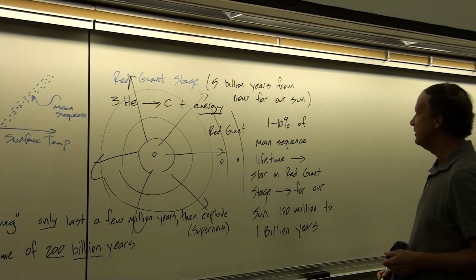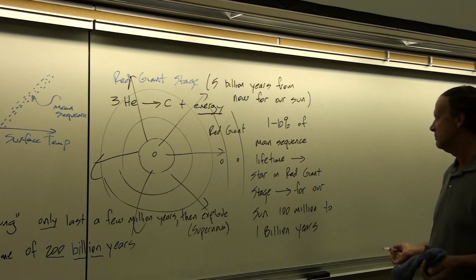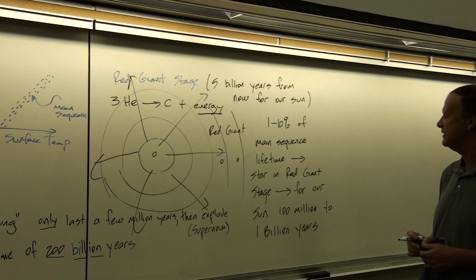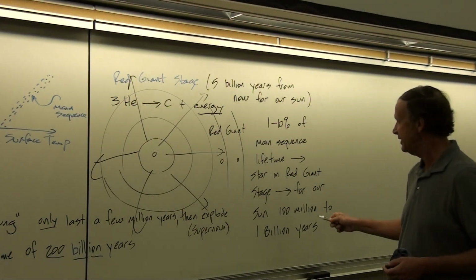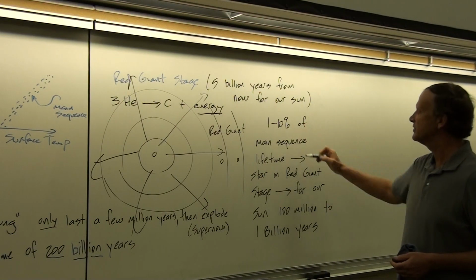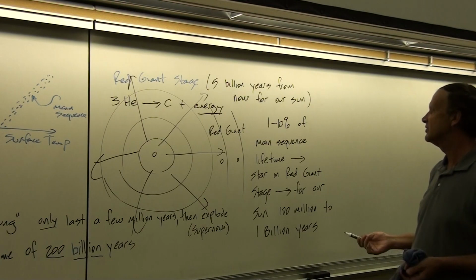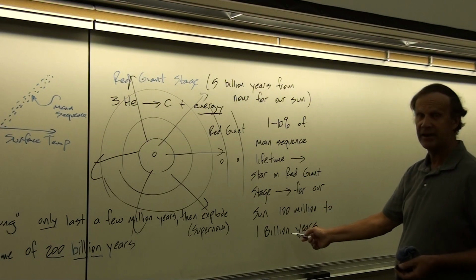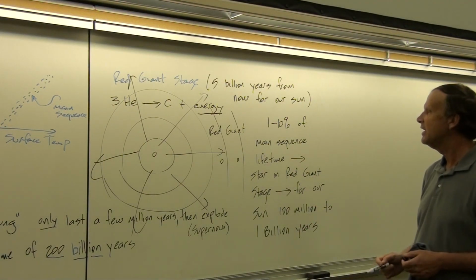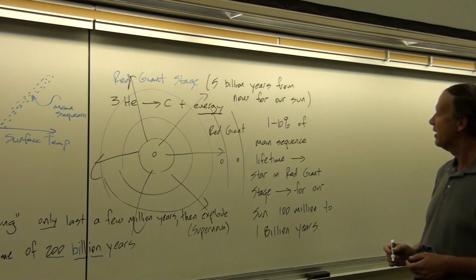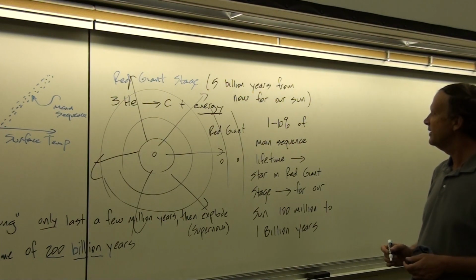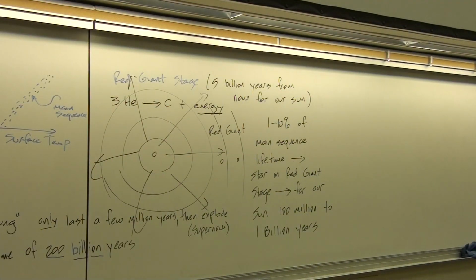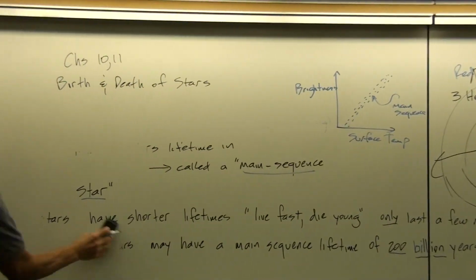So our sun will be in the red giant stage for, it's not a perfect science in terms of predicting how long this will happen, but it's somewhere between 1 and 10% of the main sequence lifetime, which is 10 billion years. So 1% of that is 100 million, and 10% of that is 1 billion. So somewhere in that range, that's how long it'll take for our sun to run out of helium in the core.